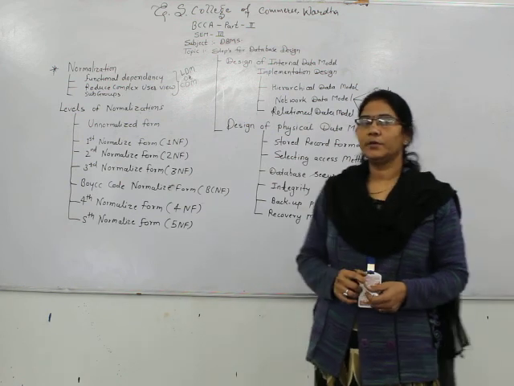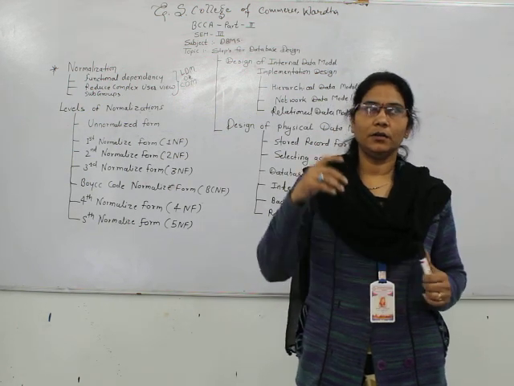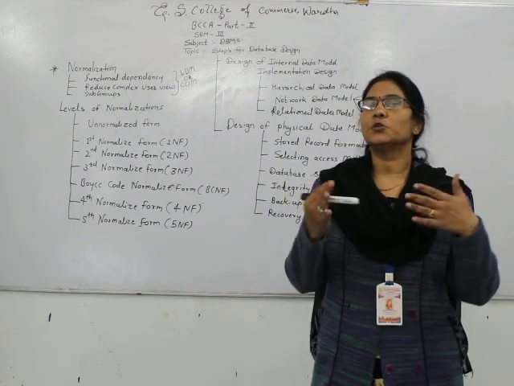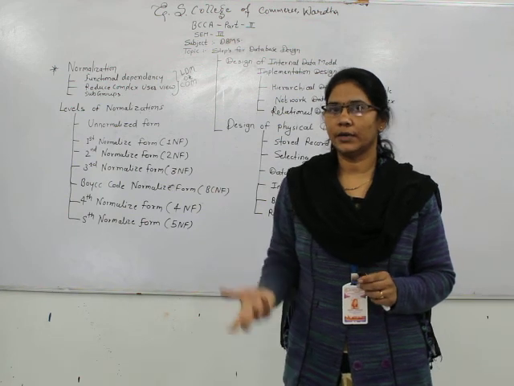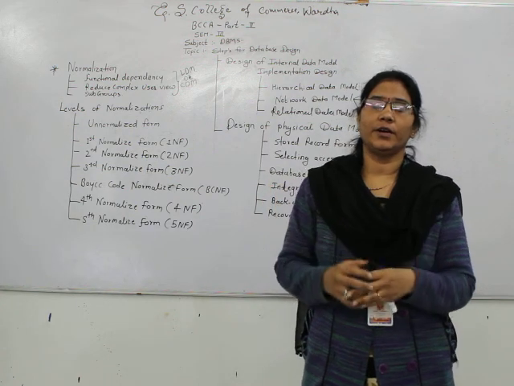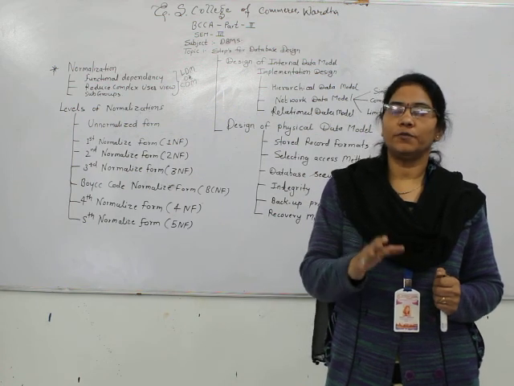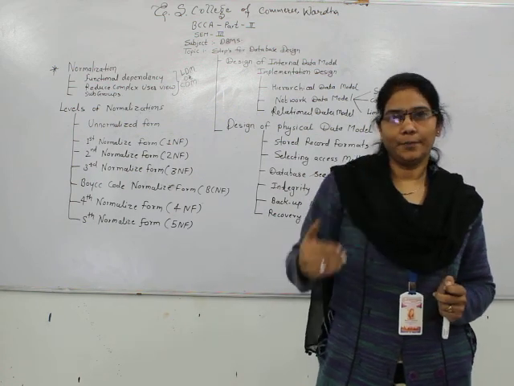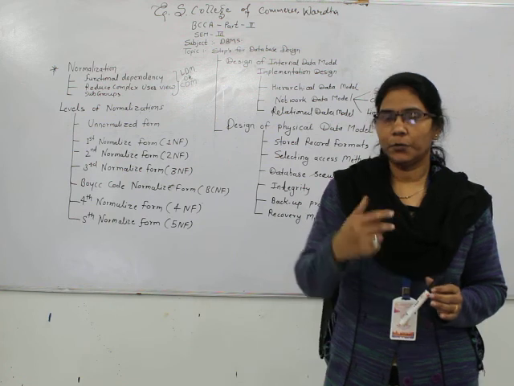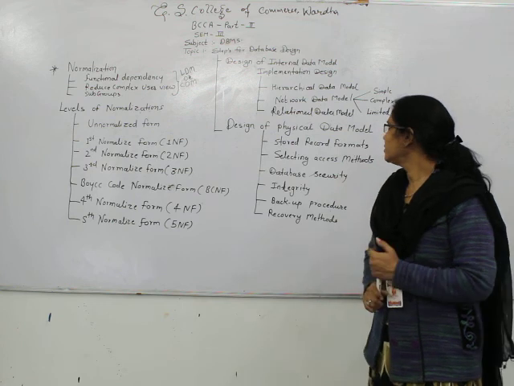Then integrity. That means we have to integrate all types of databases. In the information system there are subsystems, or sub-departments, and each department has its own data. Those data we have to integrate when we want to generate a report based on two types of databases, or two departments, so we integrate those data at the level of report generation. This integration also we have to decide in the design of the physical data model.